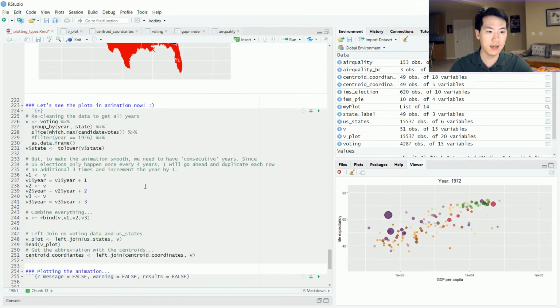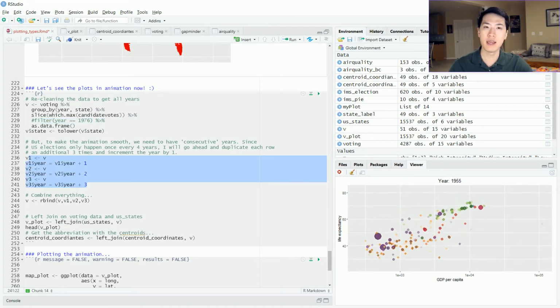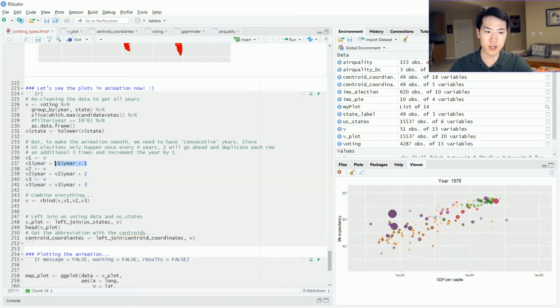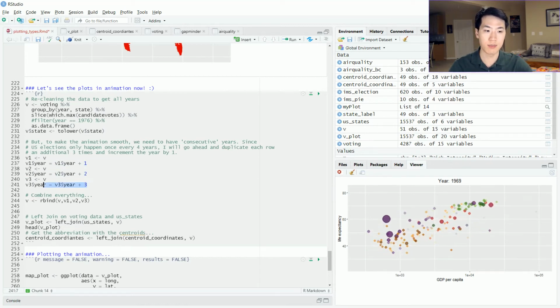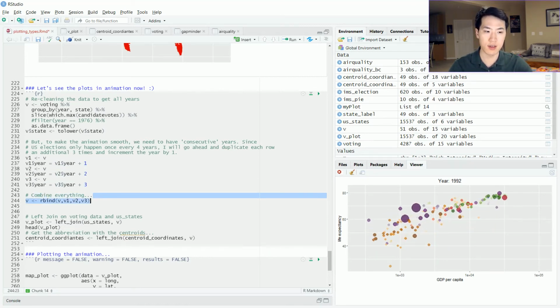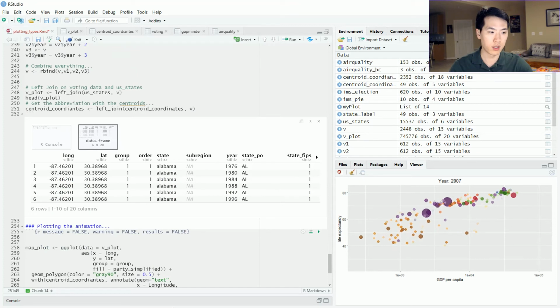So I went ahead and I essentially just got all of my data instead of the snapshot of 76. I created 3 additional data frames where I got that particular year, add 1, same data set, but you add 2, same data set, add 3, and then concatenate everything to get one large data set. And then rerun everything in order to get the sequential years working, so that the actual data, the Vplot,